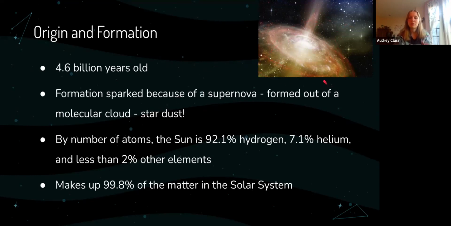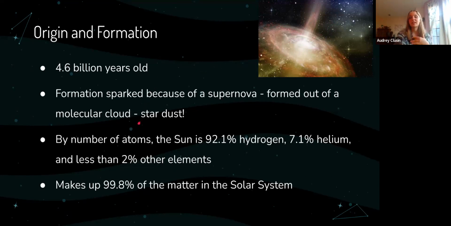Here's a little image of what it might have looked like while it was forming. This is called a protostar. It's a bunch of gases orbiting each other. Eventually they condense, and then a star is born. So the sun is, of course, a star. And like I was just saying, it was formed because of a supernova that released a bunch of energy and sparked a cloud of dust to start condensing. You might have heard the expression that we're all made of stardust, and this is very true. Yes, like I said a few minutes ago, I'll definitely be getting a lot into star formation later. It's a little bit tedious, but it's also really interesting, and it's a really important part of astronomy.